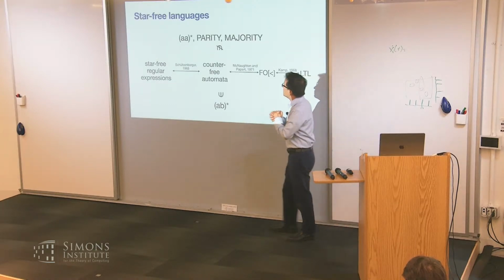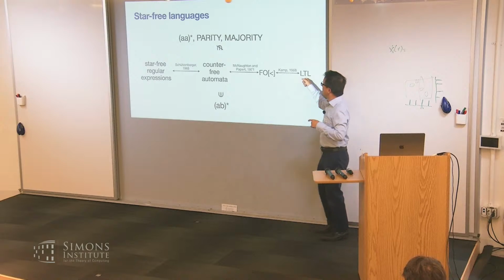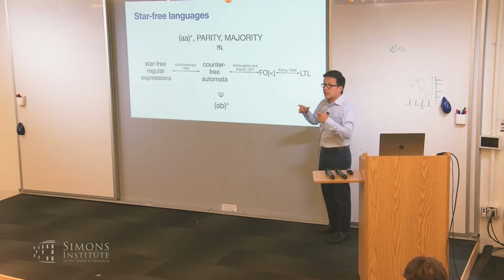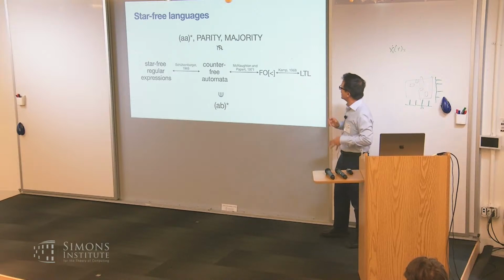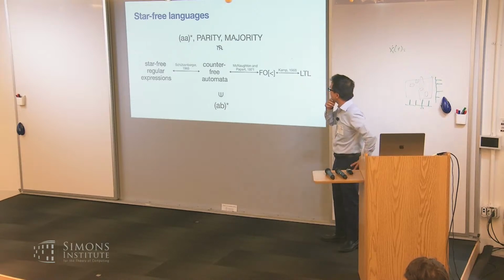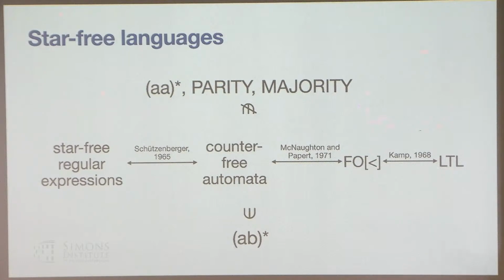Okay, so first order logic and LTL, possibly surprisingly, describe exactly the same class of languages. This was a PhD thesis of Kamp, who is a linguist slash philosopher who was studying the phenomenon of tense. The proof was like 100 pages long. There's a more modern proof that's only a few pages long, but it's not a very easy result. And this is a very well-studied class of languages.